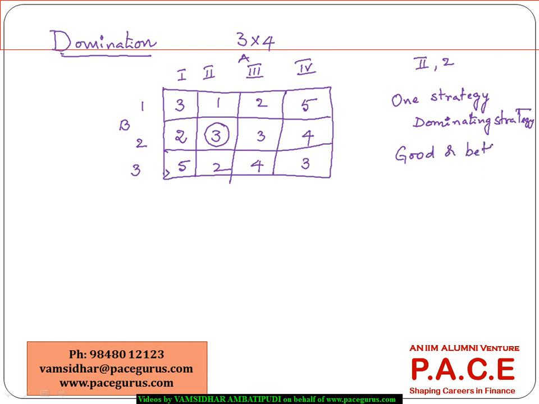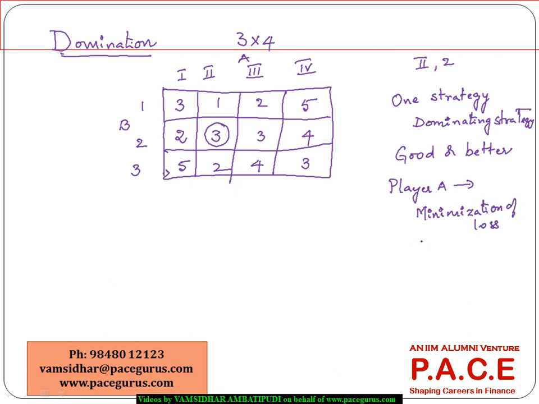Equally good or better when I compare it with the others. So from player A's perspective, in all cases, that particular strategy should have lesser losses compared to the other strategy,